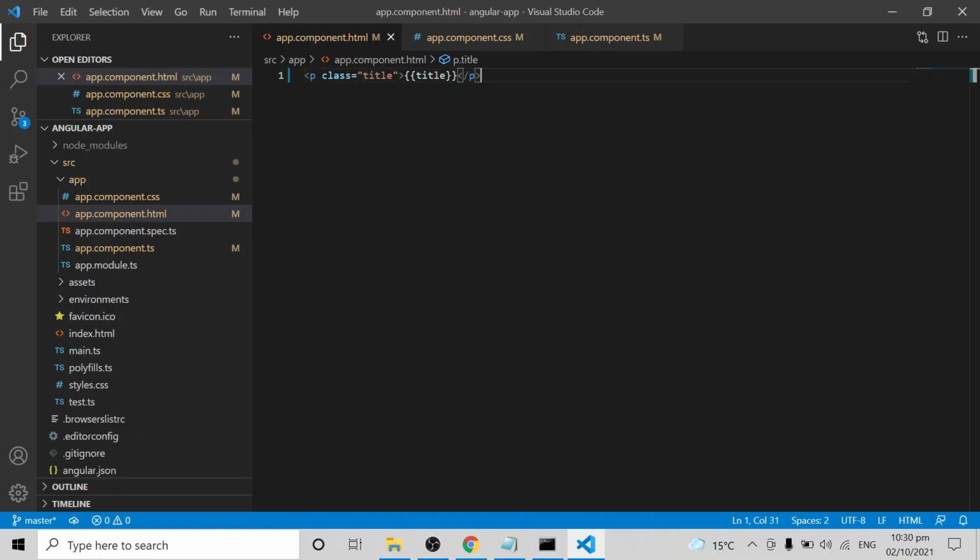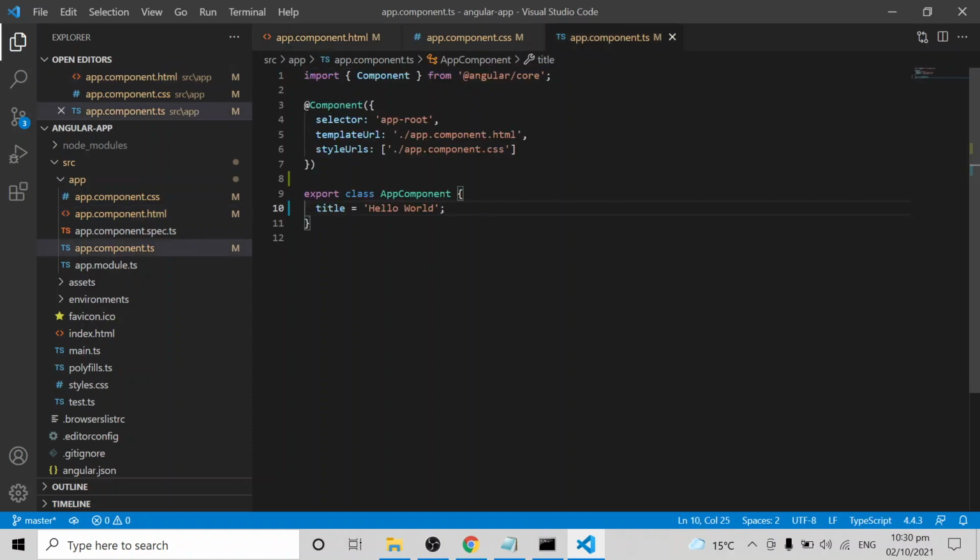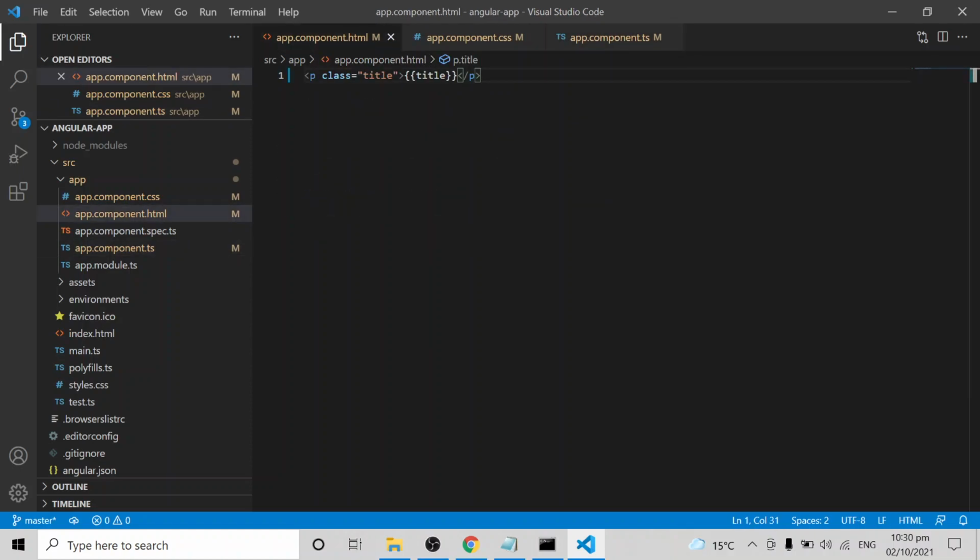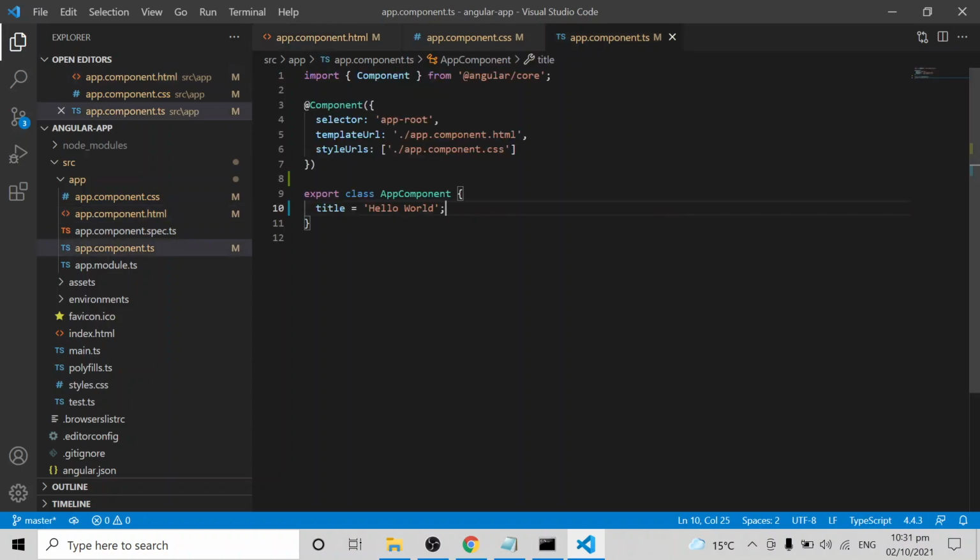In the next video, we will explain more about two-way binding. That means now, whatever is written in the TS file, if the value changes, it will be reflected here. The next scenario is whatever value changes here; this is one-way binding. For example, if I am using an input box and typing anything in the input box in the HTML, if the value changes, that should be reflected inside the component.ts as well. That we will cover in the next